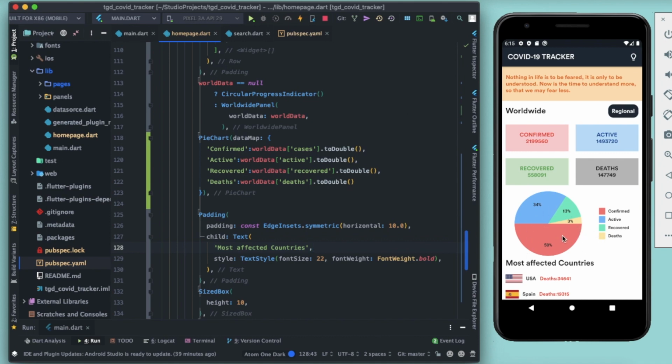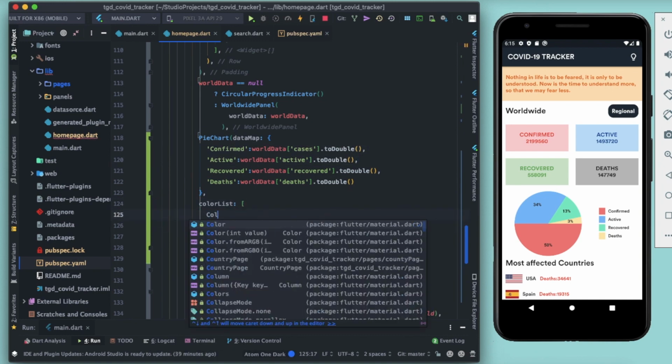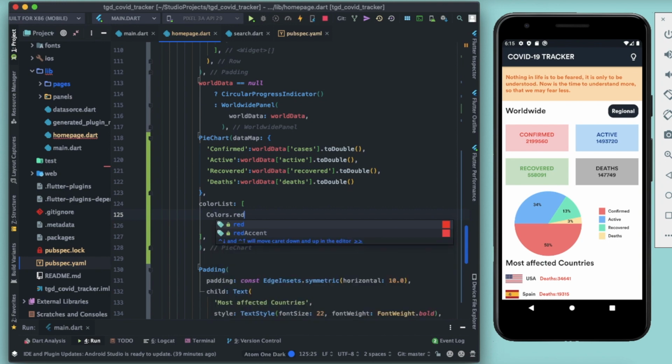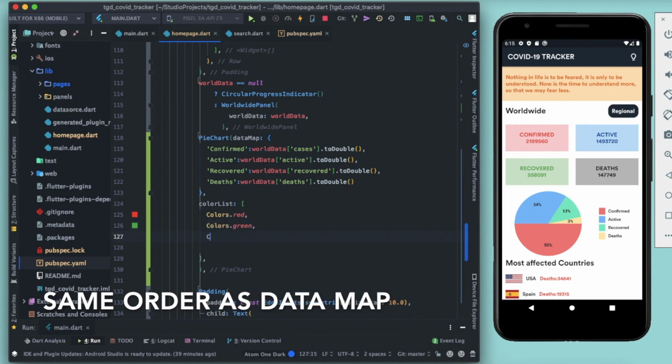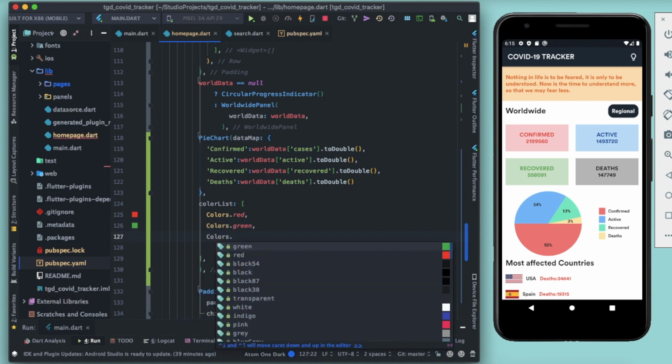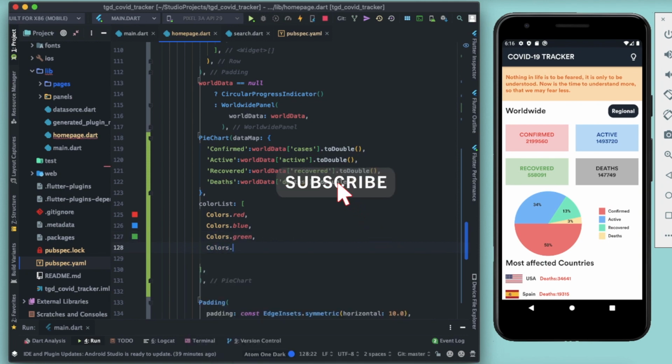Now the color is actually different from the colors that we use, so you can always give colors to it. I'm going to give it colors. It has a property known as color list, which takes a list of colors. So for us it will be red for confirmed, then for active it will be green. You can always use your colors how you want. And for the recovered, okay, so the active part will be blue, and for the recovered part it will be green. And after that, for the deaths, it will be maybe a darkish gray color. So let's save it, and you can see that there is a change in color.